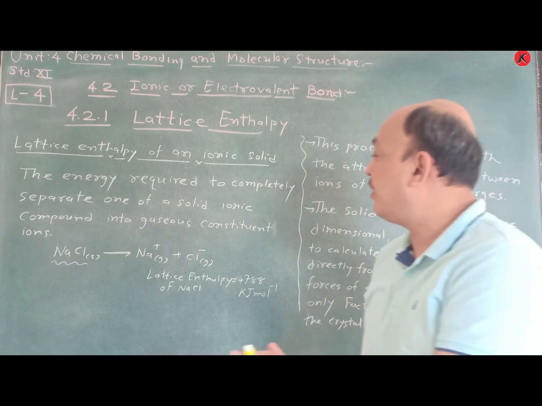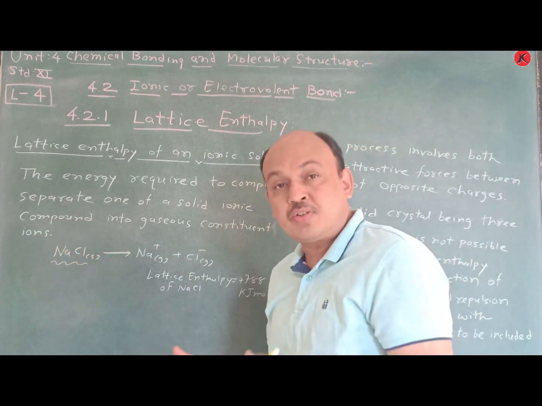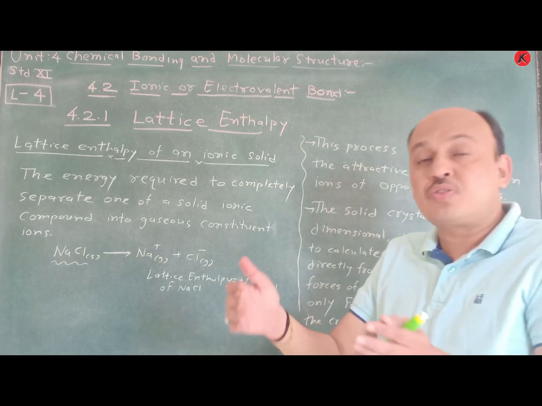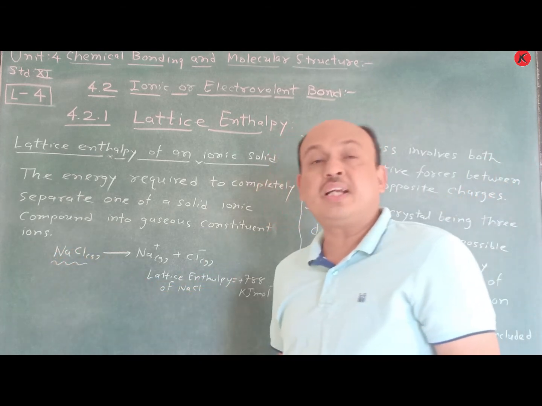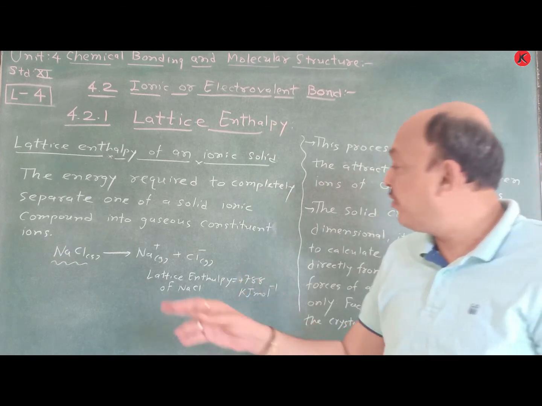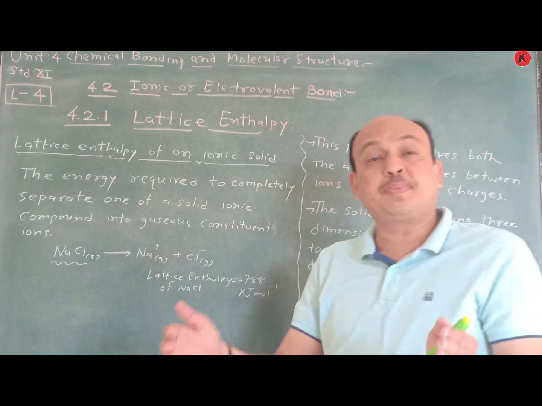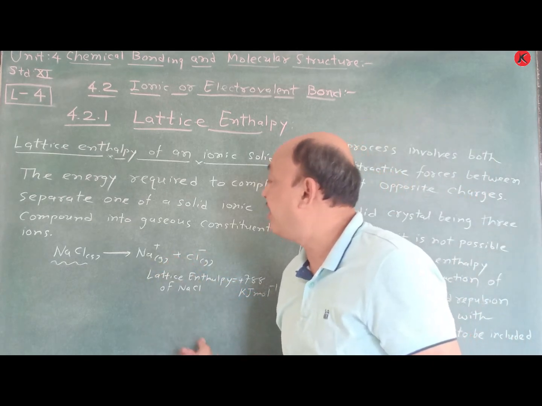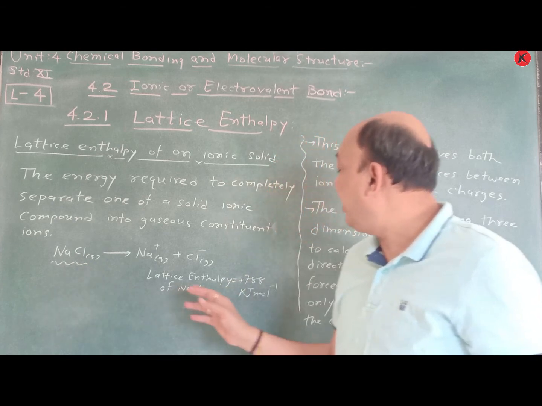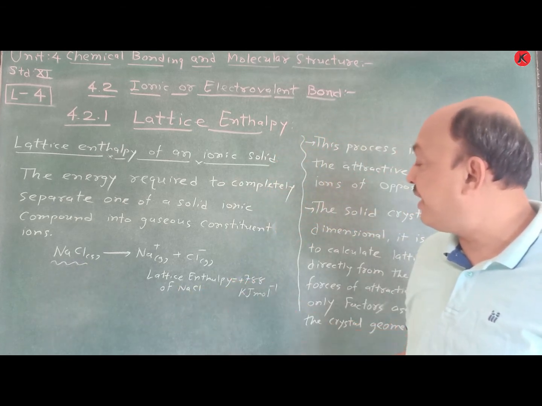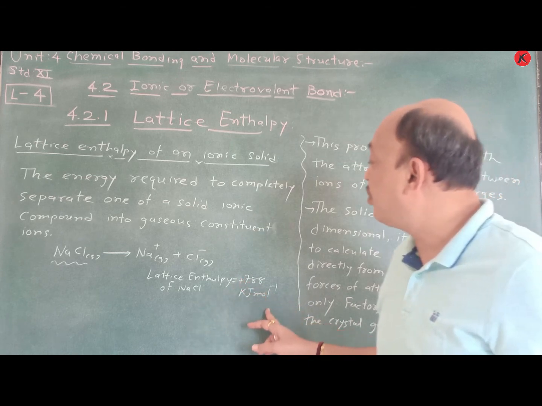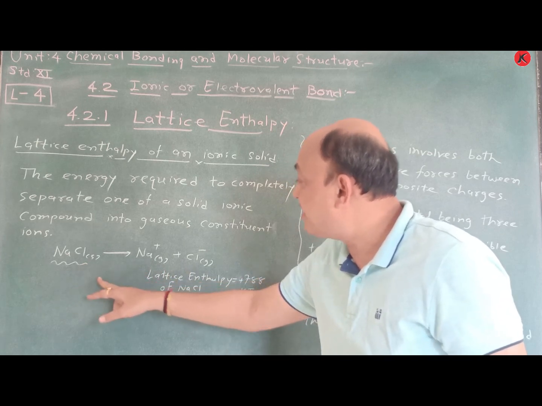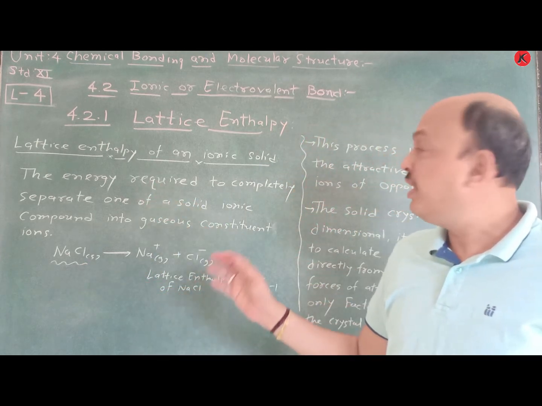So there is a bond also there. They are attracted, so attraction and repulsion also take place, and due to that, Na plus is small in size and Cl minus is big in size, which you already learned in your unit 3. That's why, when we give this energy, the lattice enthalpy of 788 kilojoule per mole, the sodium chloride solid is converted to Na plus gaseous form and Cl minus gaseous form, and that is known as the lattice enthalpy of ionic solids.